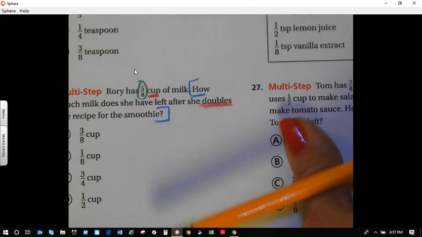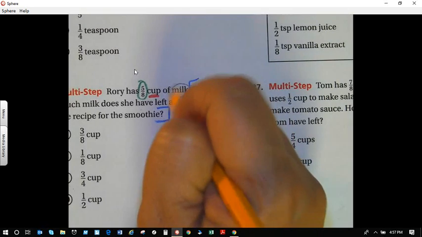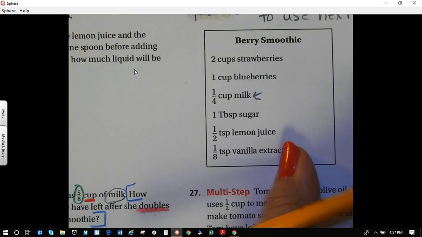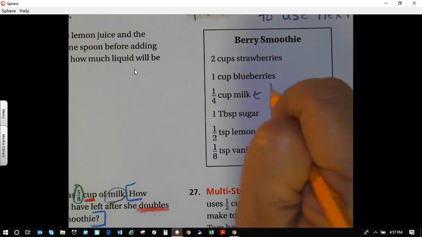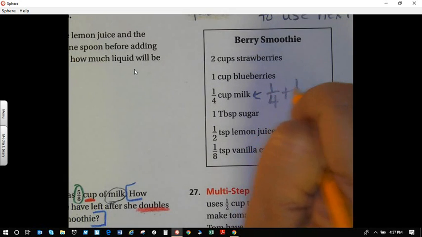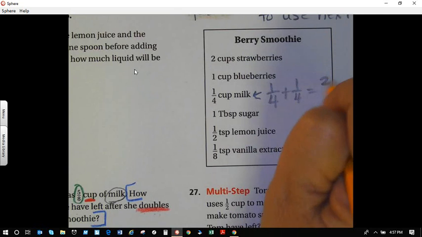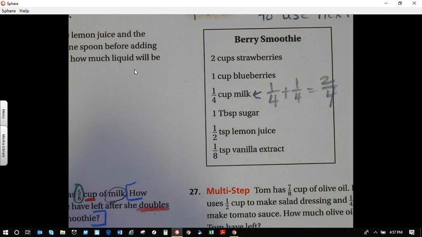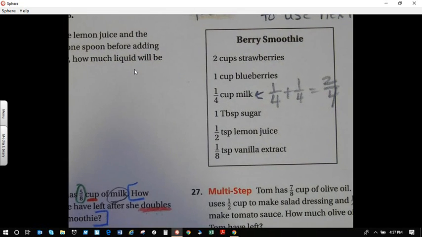And since I'm looking for milk, doubles milk, I'm looking at milk here. Okay, so here I'm at. It said double, so I know that 1/4 plus 1/4 equals 2/4. So here I'm going to bullet. She drinks 5/8